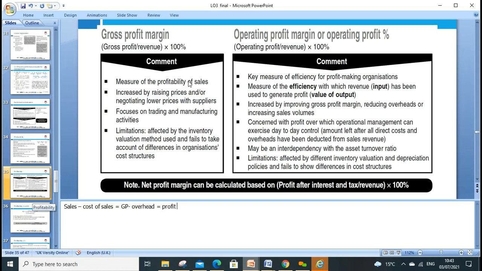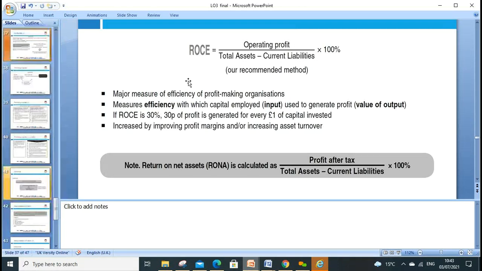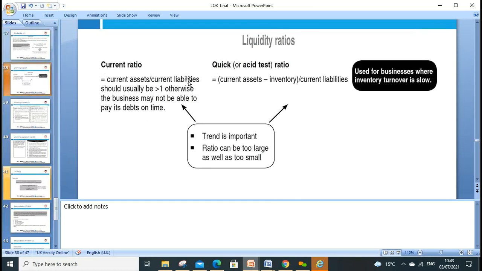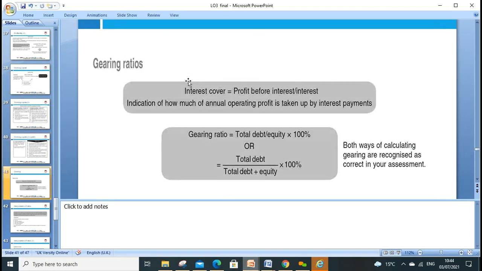Why did this happen? Is it cost went up? Why did this go up? Because the new tax on the borders is being introduced. This is affecting us because we're looking at management accounts. Other measures can be return on capital employed: how much assets we employed and what return you have, profit before tax, after tax, asset turnover ratios. We can use liquidity ratios, current assets divided by current liabilities, the working capital cycle which we discussed in the unit, and gearing ratios: high gear, high risk.